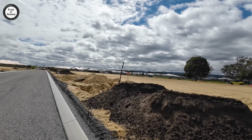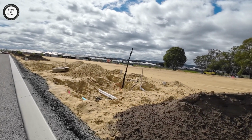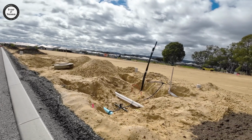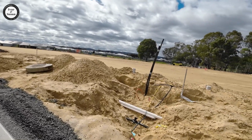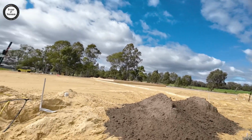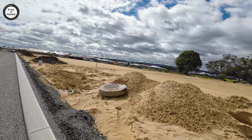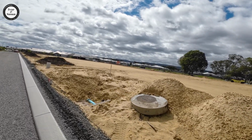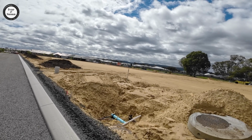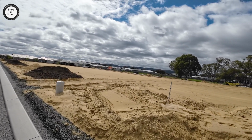Okay, so this here is some land over here that they've just cleared. You can see they started to put the retaining walls up over there, and this will eventually be someone's house. So in saying that, guys, we might wind up this area over here of Byford,